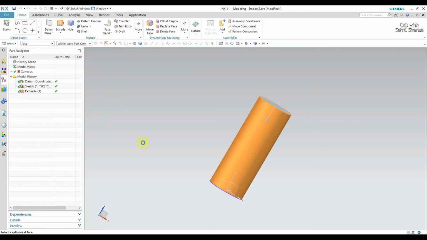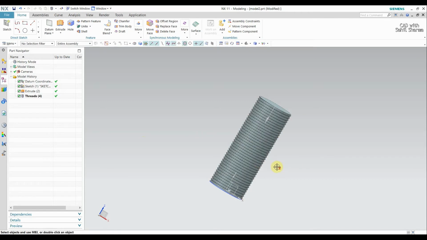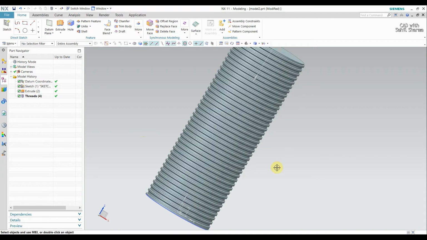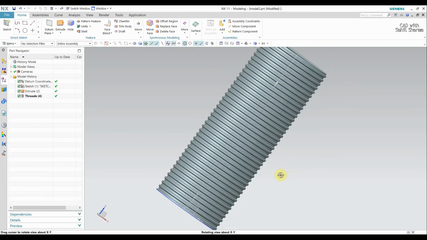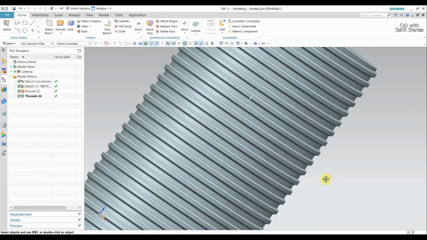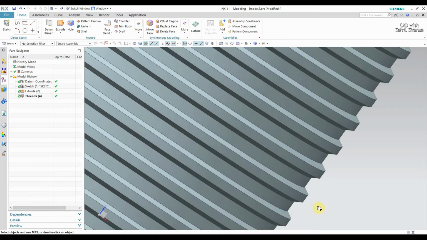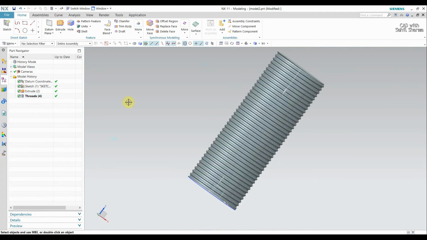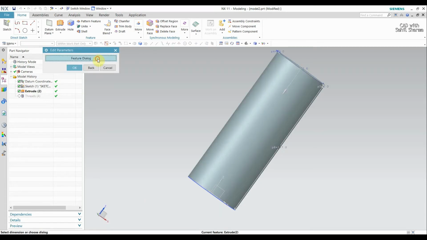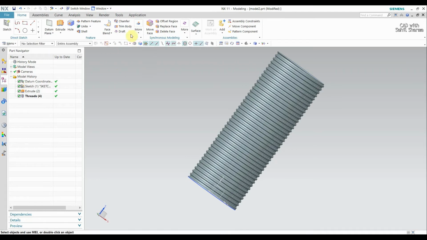It will take some time because the pitch here is more, so it takes time to represent all this thread. So this is a detailed thread that you can form easily, and this is the simple command. You can change the parameters if you want by opening this thread feature dialog. So this is the thread command. Let's move to the